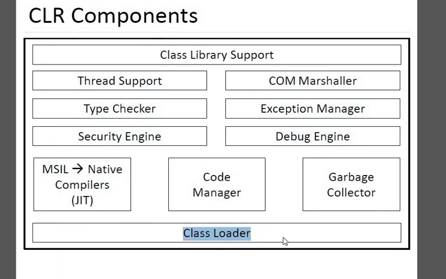Various modules, resources, and assemblies are loaded by the CLR loader. Also, this loader loads the modules on demand if they are actually required, so that the program initialization time is faster and the resources consumed are lesser. So these are all the components used in the CLR, which means common language runtime. It's a basic understanding of the CLR components and a detailed explanation of the CLR, common language runtime.